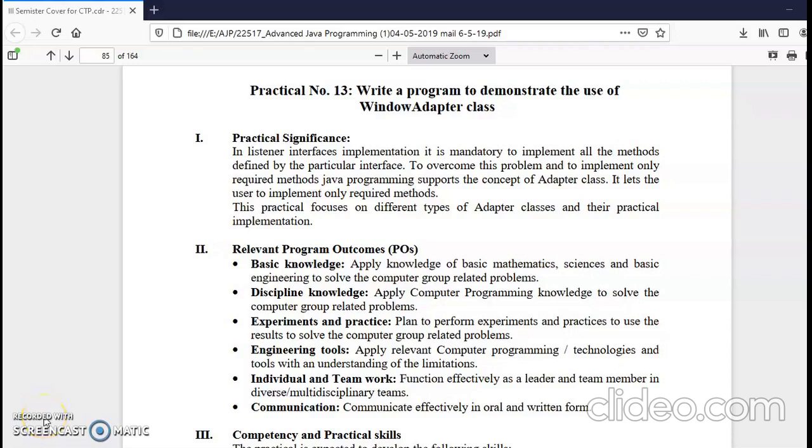Good morning, students. Today we'll be seeing experiment number 13, which is nothing but the use of adapter class. Before starting with this topic, I just want to give you a quick recap of previous topics like events and event listeners. Now, an event listener is something which is required to handle the specified event. Now, we have different types of event listeners like item listener, action listener, mouse listener, text listener, window listeners,